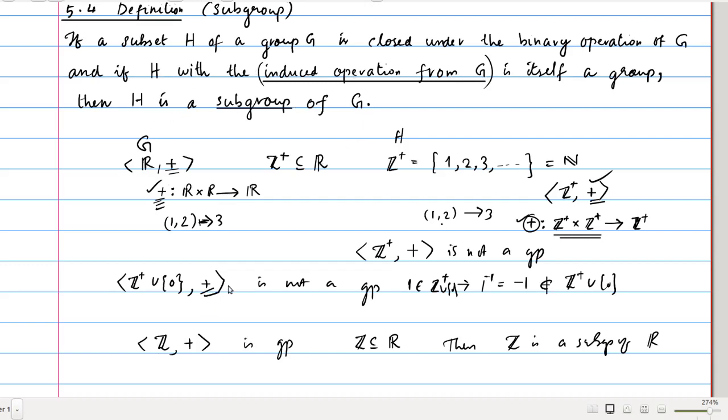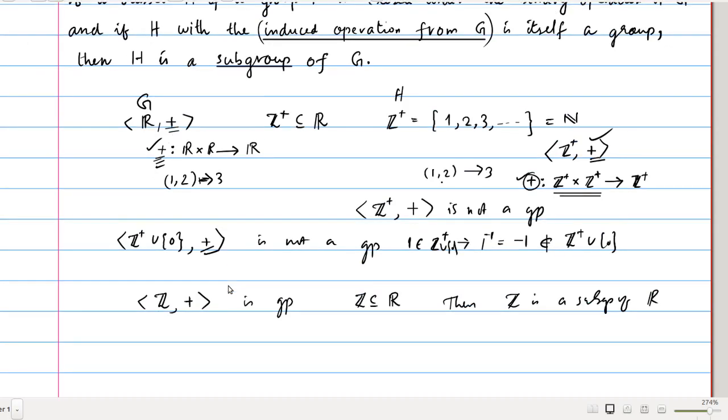For example, we can consider the set of all integers as a subgroup of the set of all real numbers. In a similar fashion, you can get another subgroup of the real numbers as Q under addition. The set of all rationals under addition is a subgroup of R as well. And we use the symbol less than or equal to, to denote the subgroup. In this case we write not only the subset, it is a subgroup, so we can say that Z is a subgroup of R.